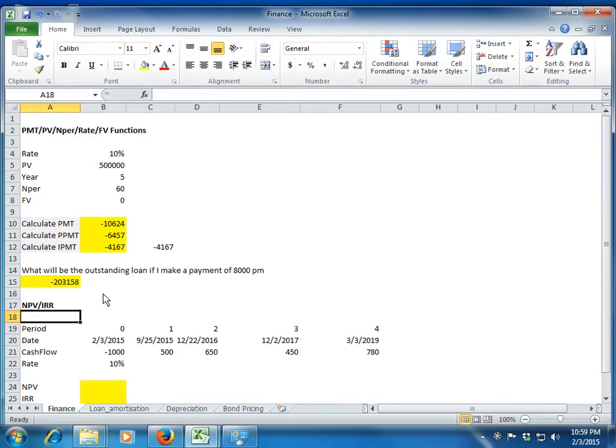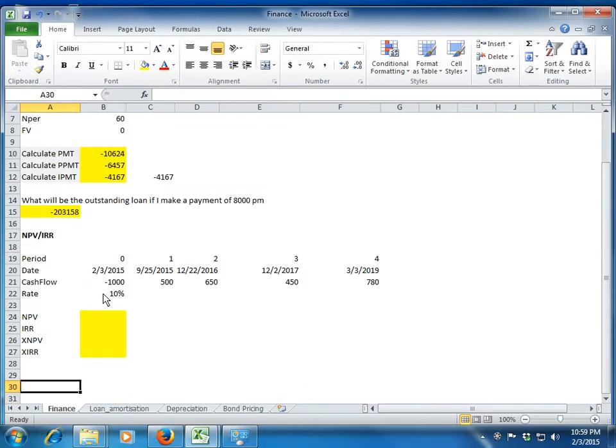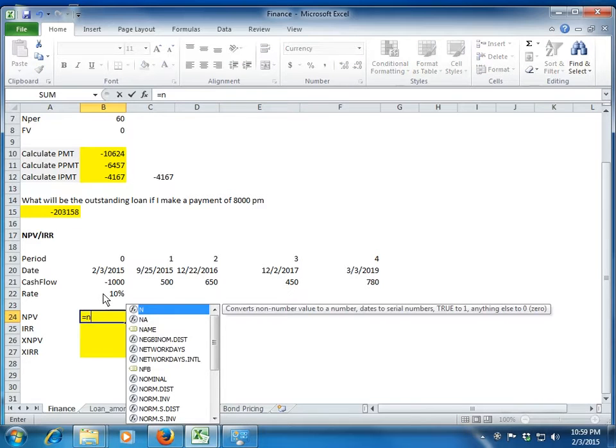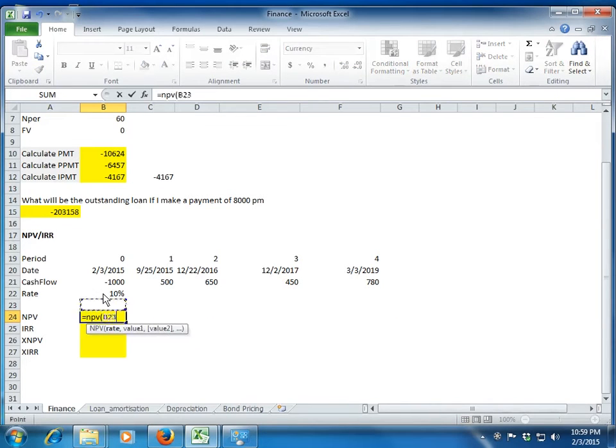Fine. So now let's understand the other important finance functions, which will be used very often by us finance students. That is our NPV and IRR functions. NPV is a very simple formula. The name of the formula stands as it is, NPV. It asks you for a rate, give it a rate. Here we don't need to divide it by 12 because I am assuming that the cash inflow will be a yearly thing. It asks you for the values. Of course, in year 0 your value has to be negative because that will be a cash outflow. So including your cash outflow, you give it all the cash flows, close the bracket, and you get your NPV.